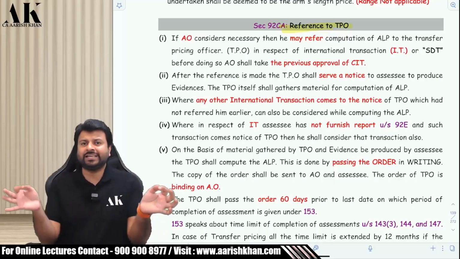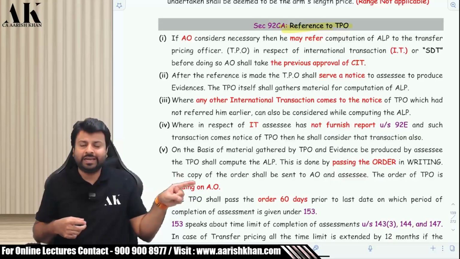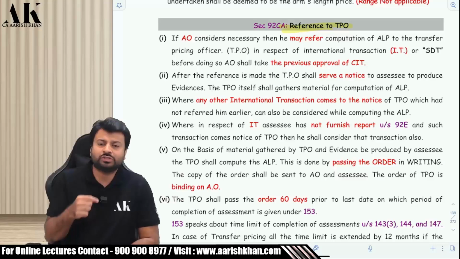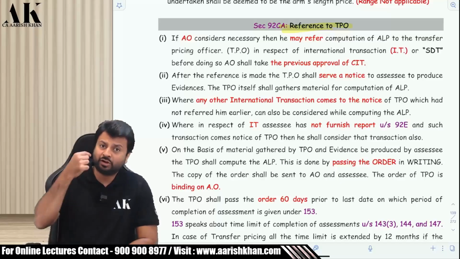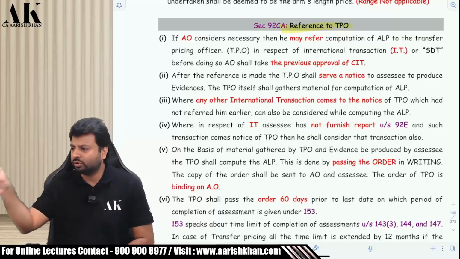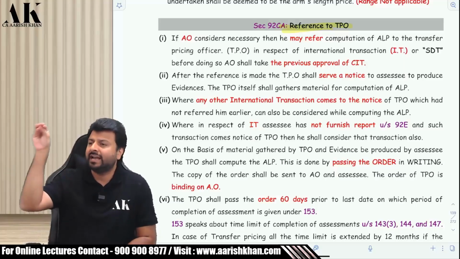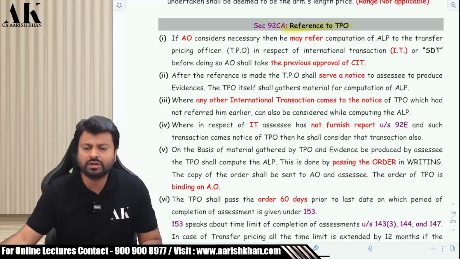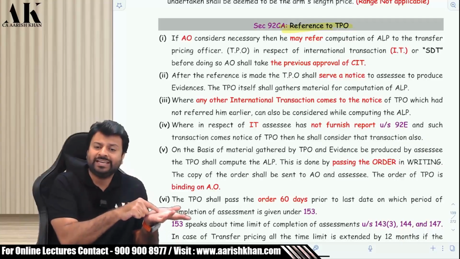Now there is a triangle over here. I am an assessing officer and there is an assessee over here. I am doing the assessment of the assessee. While doing the assessment, I have some issues with respect to determining the arm's length price of the international transaction and also of the specified domestic transaction. So with the previous approval of the CIT, I can go to the transfer pricing officer and tell him that I refer the matter to you and now you compute the arm's length price. Now the transfer pricing officer will give notice